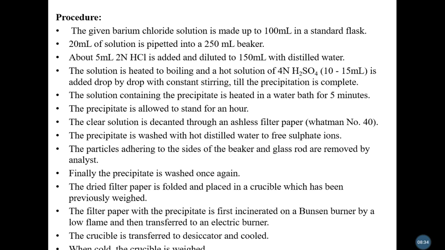Whatever I am explaining with the diagrams and reactions, you have to consider the standard flask, then how much volume to add, then heating and boiling, then cool it, then use a precipitating agent, let it stand for 5 to 10 minutes, then cool it, and let the precipitate stand for hours. Later, filter it using Whatman filter paper number 40 to 42, then wash the precipitate with a good quantity of uncontaminated solvent. Then use good filter papers and an electric burner to filter and separate the precipitate, then desiccate, cool, and at the end weigh the crucible. So this is the procedure.